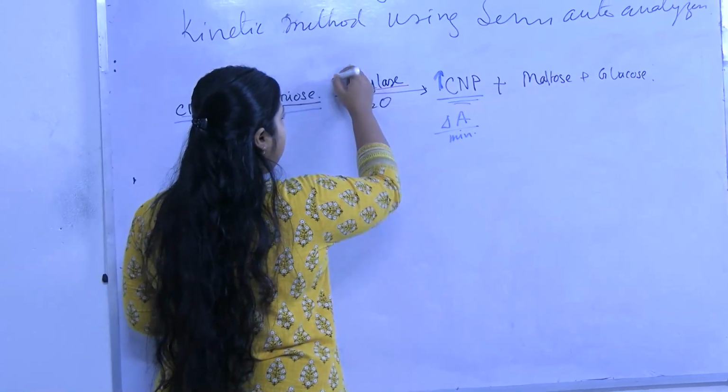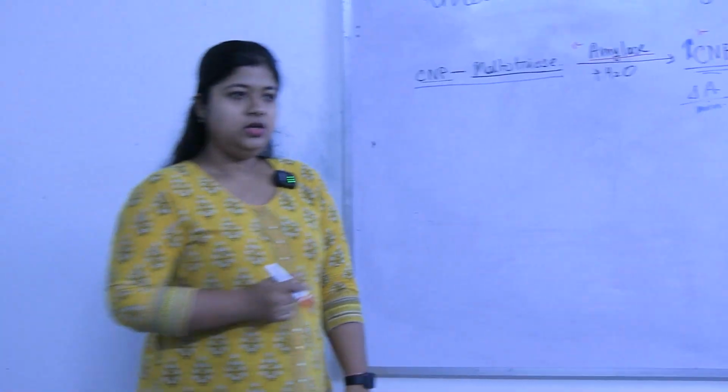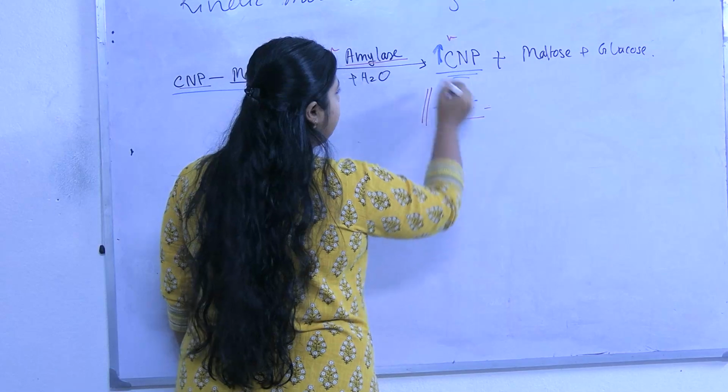The rate of hydrolysis is measured as an increase in the absorbance or OD due to the formation of chloronitrophenol, which is proportionate to the alpha amylase activity in the sample, serum. এটা কি বলছে বোঝা গেছে? যতগুলো অ্যামাইলেজ আছে পার মিনিটে ততগুলোই কিন্তু ক্লোরোনাইট্রোফেনল প্রডিউস হবে, তাই তো? তাই এই delta A per minute of CNP is equivalent to the number of amylase or activity of amylase, তাই তো?